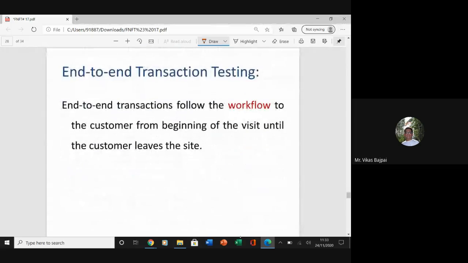So we have end-to-end transaction testing. So right from the beginning to the end, to follow the workflow of the customer from the beginning of the visit to the customer leaving the particular site. So right from the business unit of behavior 1 till the unit of behavior n, I'm looking for the behavior